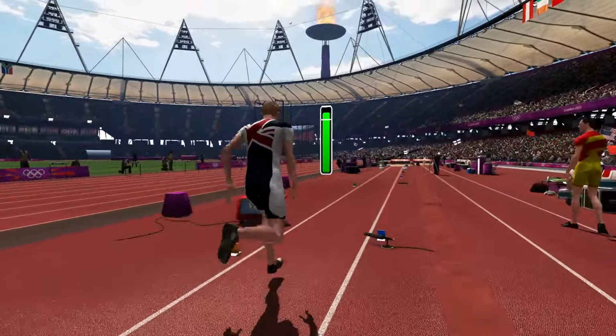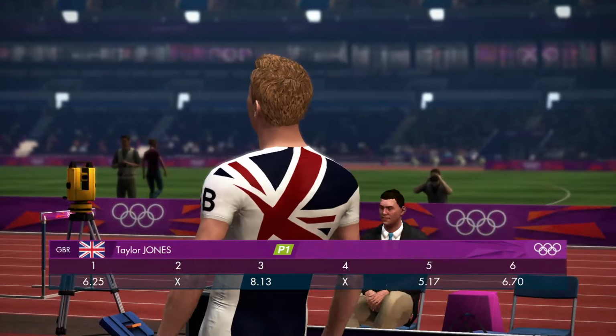Great speed on the runway. Can he follow it up with good technique? Needs to get more height on that jump, really, to find a good distance. Well, this is the final attempt for this athlete. Well, just didn't get enough height on that jump to get...